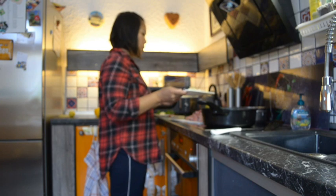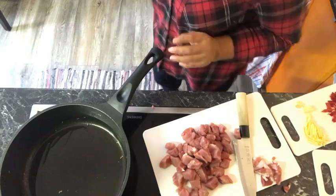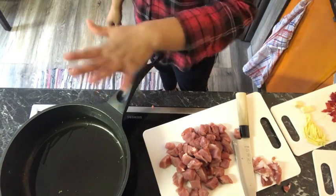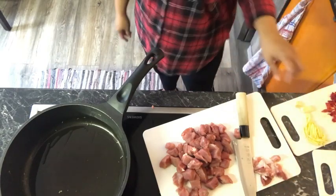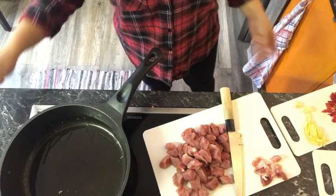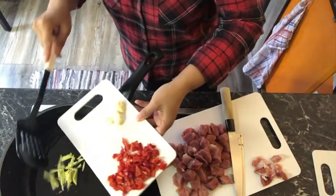What do you call this? Ingwa, luya, ginger. That is ginger. So while preparing for the Bicol Express, while waiting for the pan to heat. A few moments later. So mainit na yung pan natin. Add the ginger